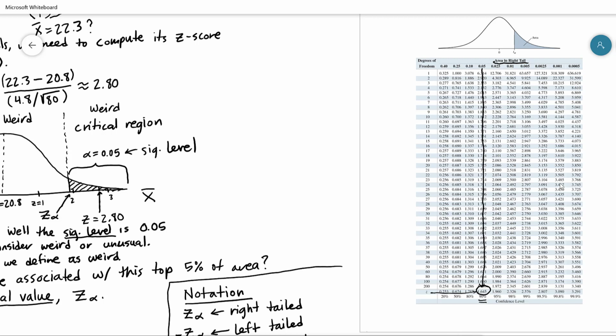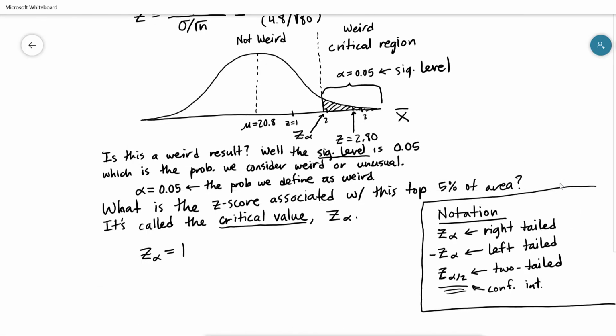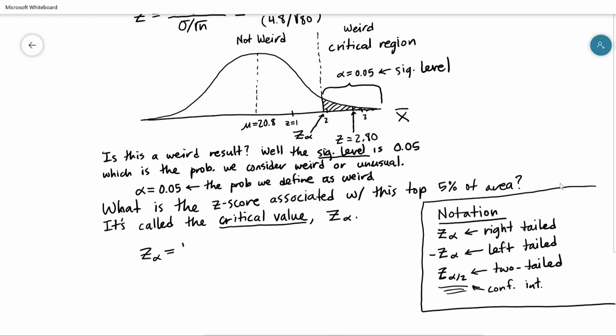We're now using the top label on the table to figure these values out. So 1.645, that's my number. And again, this is our cutoff